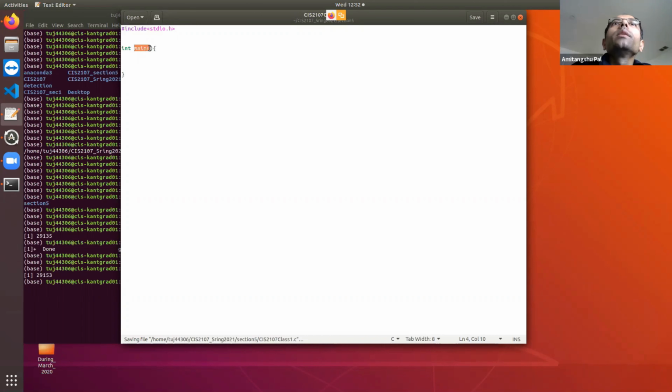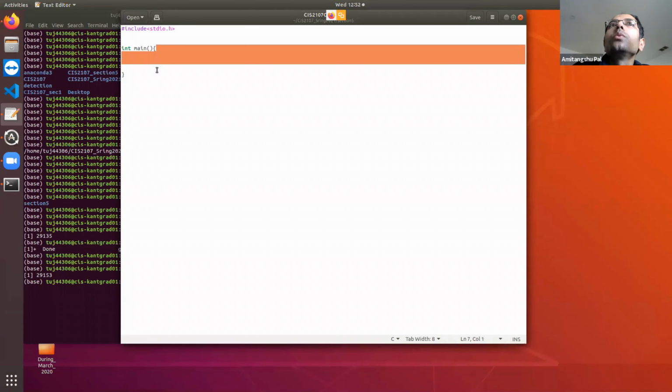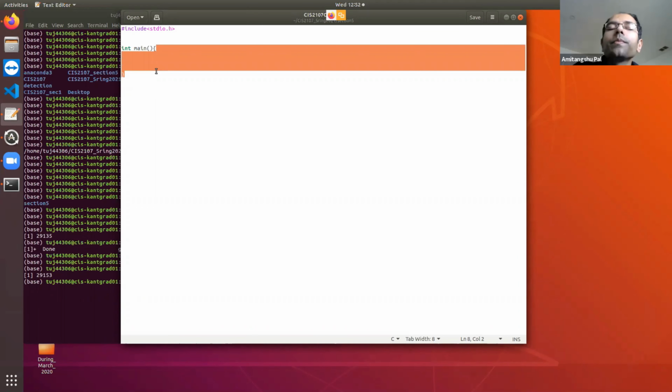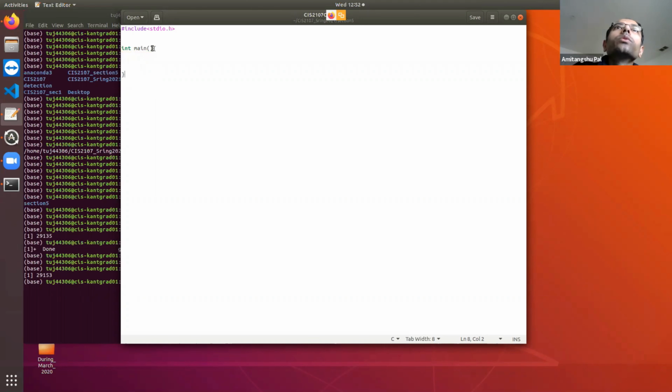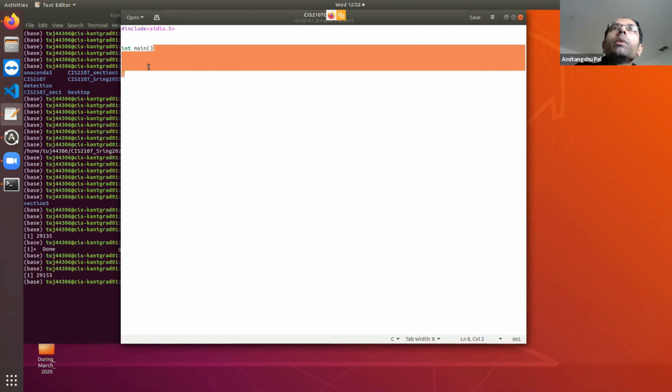This is the main function, and whatever I'm going to write inside the main function, I need to write inside two curly braces. Later on in C, you can see that you can write multiple functions other than main also. But your point of execution is going to start from main. Clear? So whatever I write inside main will be inside these braces.